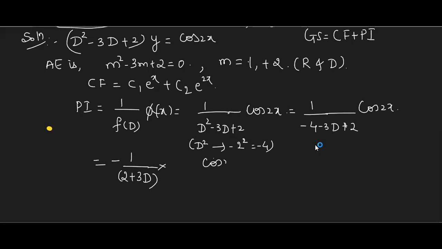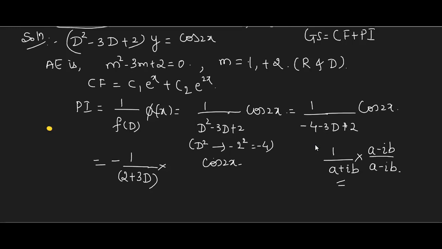Now, when you have such a term, I'll call this a linear term. Do you recall one method? Suppose you have some a plus ib in the denominator, it's a complex number. Whenever there is a complex number in the denominator, what did you used to do? You used to apply one procedure: multiply and divide by the conjugate. That is called rationalization. Am I right? Remember, we have to apply it in a similar way. How to take the conjugate? If it is a plus ib, you take a minus ib, isn't it? So here 2 plus 3D is there. Can you guess what should be the conjugate?